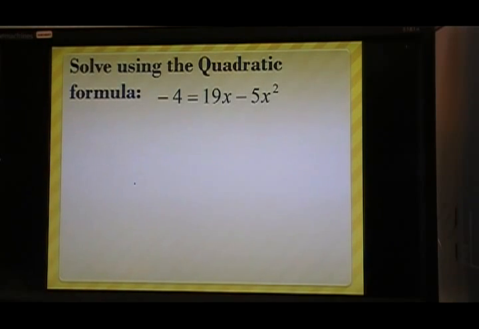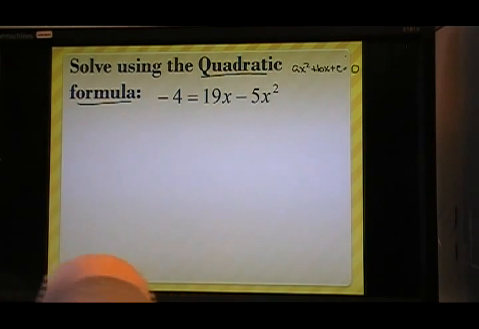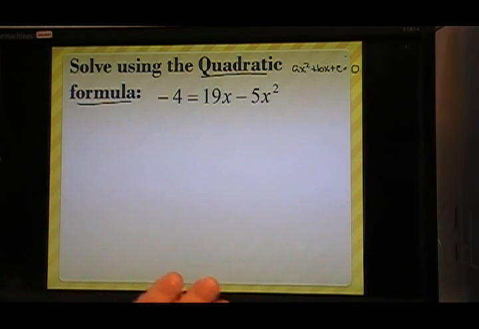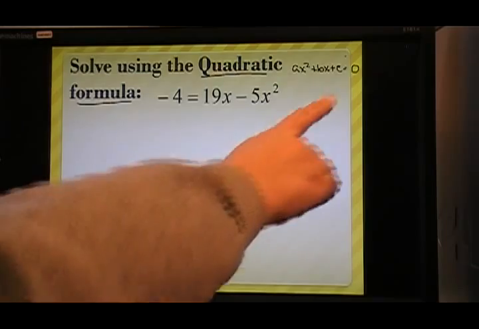Okay, so let's look at another example. Solve using the quadratic formula. So we were saying before that in order to use the quadratic formula, our equation has to be in the form ax squared plus bx plus c equals 0. So before we can decide what the values of a, b, and c are, we're going to have to get our equation into this